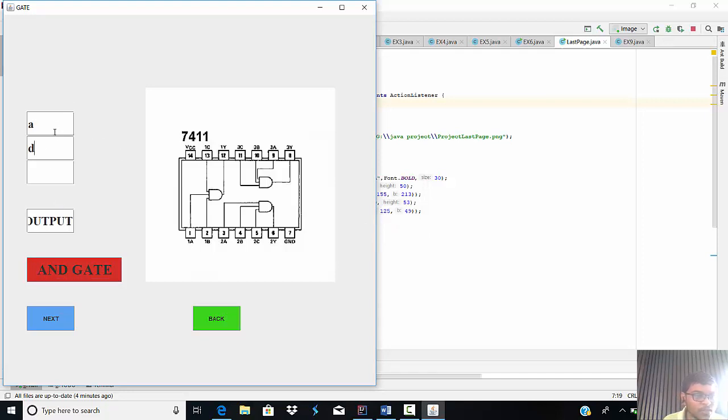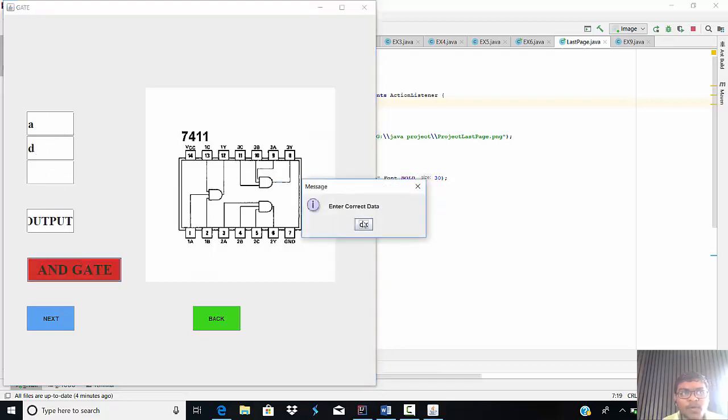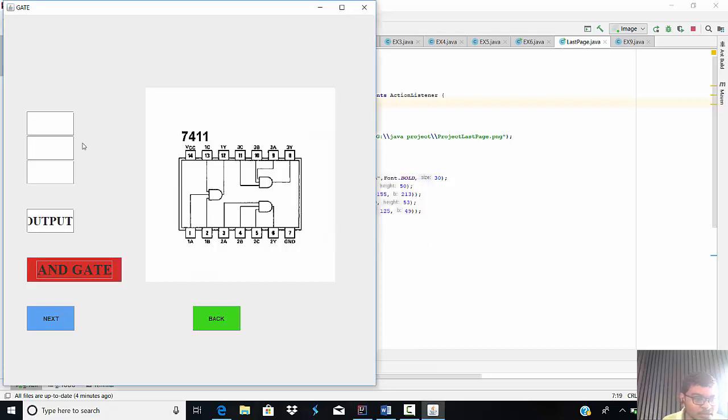If you enter two text fields and the last text field is not entered and click AND gate, it gives a pop-up: enter correct data. So it is compulsory to fill all of the inputs, then it works properly.